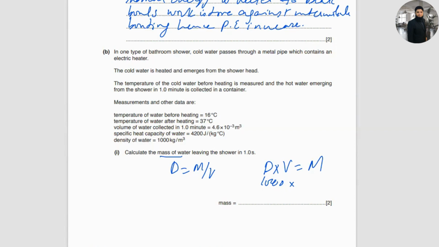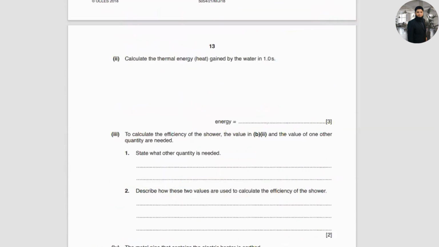And the volume is... volume कहाँ गया भाई? ये रहा वॉल्यूम। ठीक है, ये 4.6 × 10 raised to the power -3 है। इसको कर लें तो उसके बाद आपके पास kg में mass आ जाएगा।